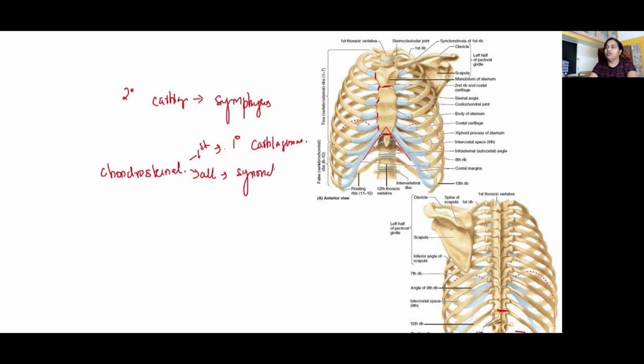Done. Now coming to this joint between the costal cartilage and the rib itself, okay, that is called as costochondral joint. So there shouldn't be any movement, right? They all should move as a single unit. These costochondral joints, all of them are primary cartilaginous. Now the joint between the rib and the vertebra, the costovertebral joint, and the costotransverse joint. All of them are plain synovial joint. Okay.